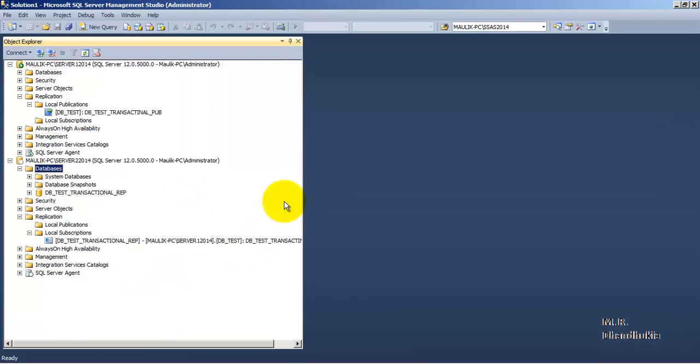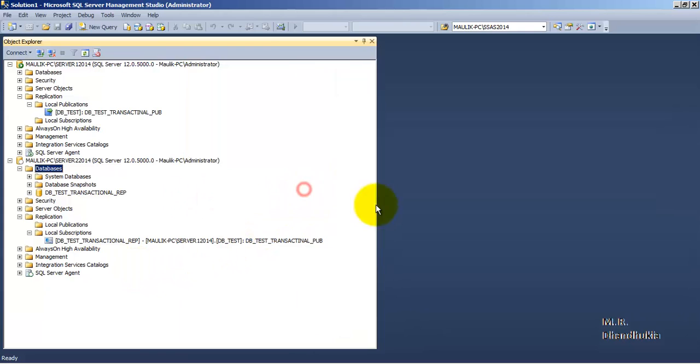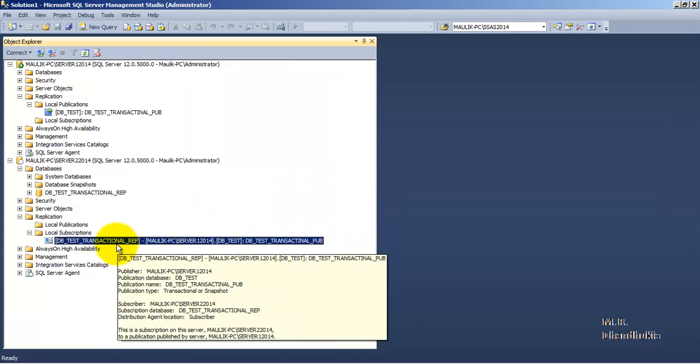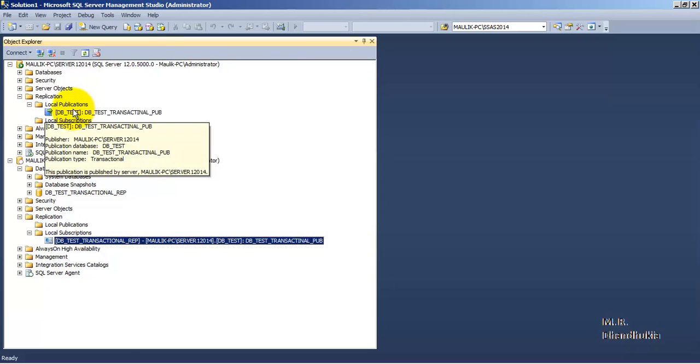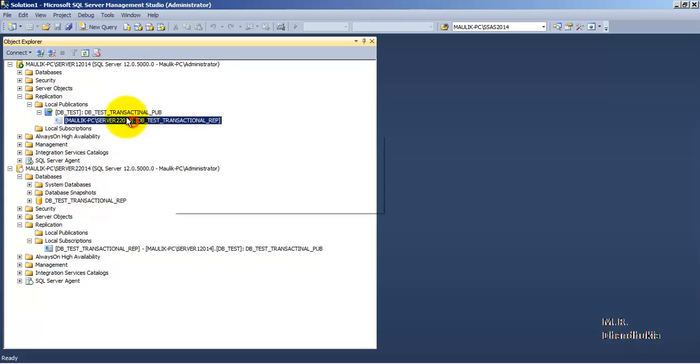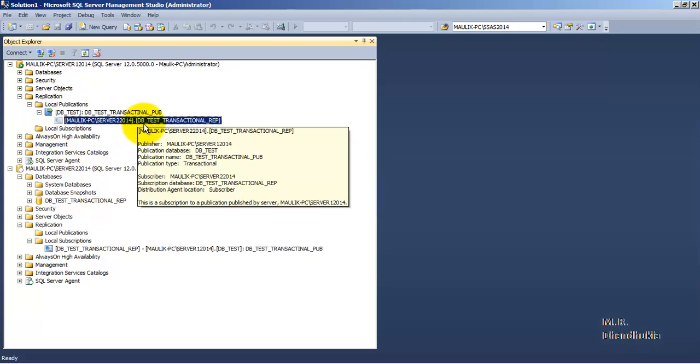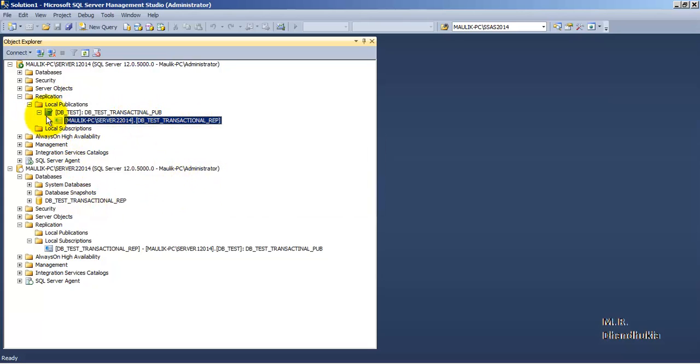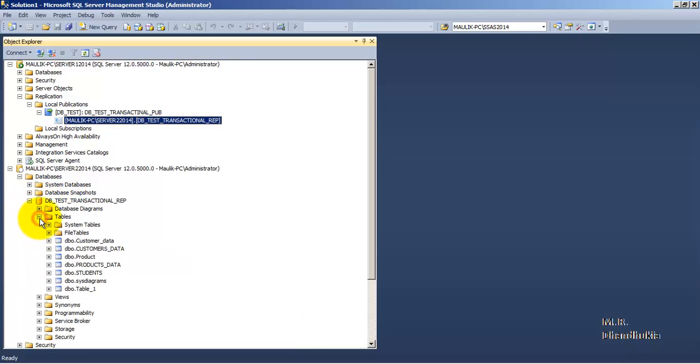Okay, so let us see what has happened. This particular subscriber has been created, and the same can be seen over here. Refresh. Okay, so this is the subscriber that has been created. Now if you go to the database, we can see that all the tables which had a primary key have been replicated.